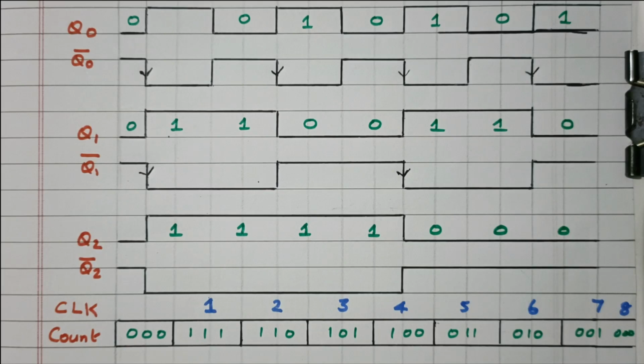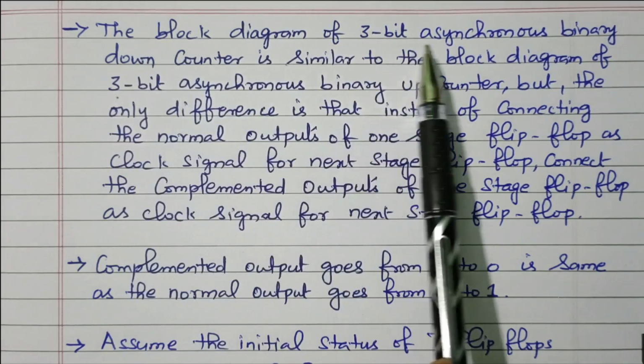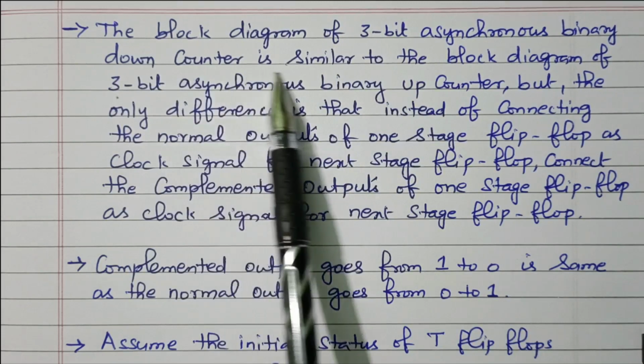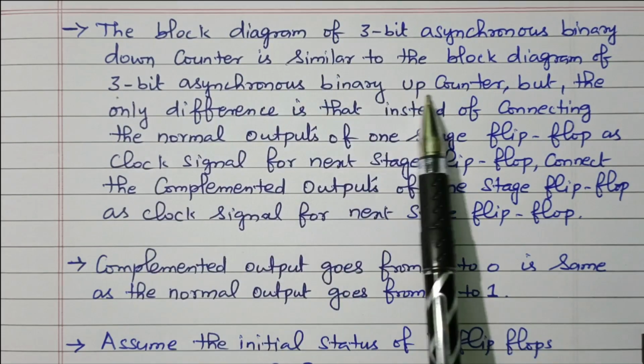Now we'll see the description of what we discussed. The description is available. Now we'll see the description. The block diagram of 3-bit asynchronous binary down counter is similar to the block diagram of 3-bit asynchronous up counter,